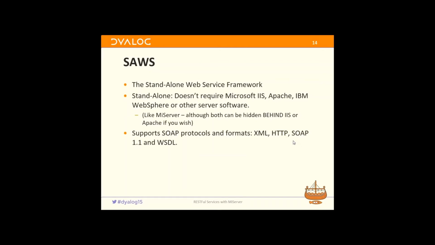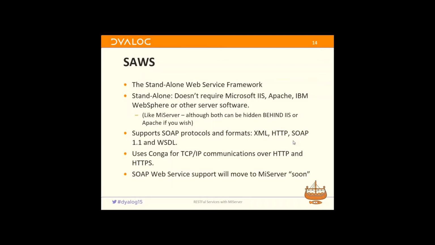But unless we have people come to us now and say, you know, we really need more features, we're only supporting SOAP 1.1 and so on, we don't really see that we're going to spend a lot more time developing this technology. We think REST is where people want to go. What we are going to do, though, is probably get rid of SOAPS as a standalone thing and roll it into MiServer, or at least